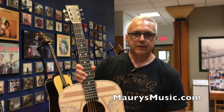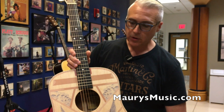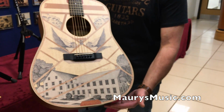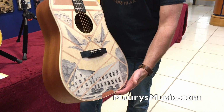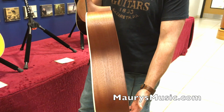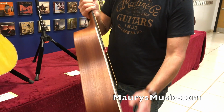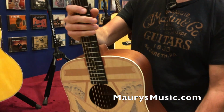So here we have a commemorative edition for Mr. Dick Boak, and Dick is retiring this year, so he came up with some artwork that he wanted to do on a guitar, and this is based off of the D420 that we did last show, so it's a very similar style guitar. One change we did on his, he wanted to use genuine mahogany, so we're using that for the